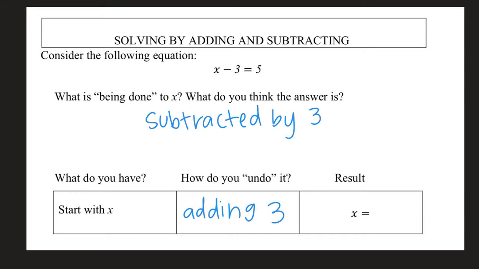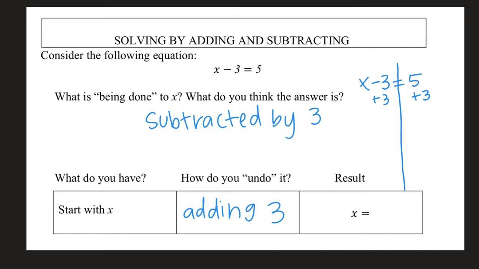So up here or to the side, I'm going to write my equation, and I'm going to do this step. I'm going to undo what's happening to the x. So the minus 3, I'm going to get rid of it by doing the opposite, which is adding 3. Now, whenever I do something in an equation, if I do it on one side of the equals, I have to do it to the other side of the equals. So I'm going to add that 3 on the other side. If it helps you, draw a line down the equals to help you see both